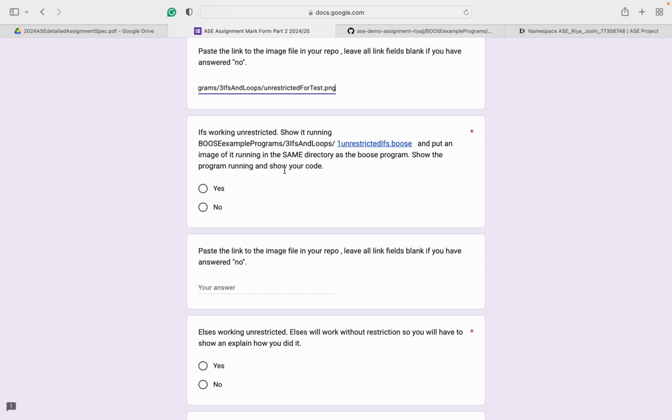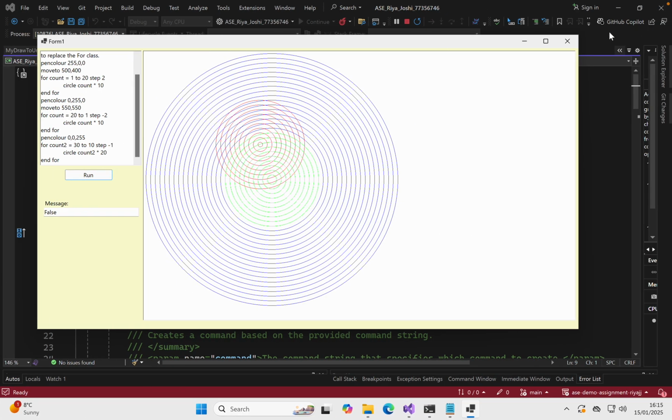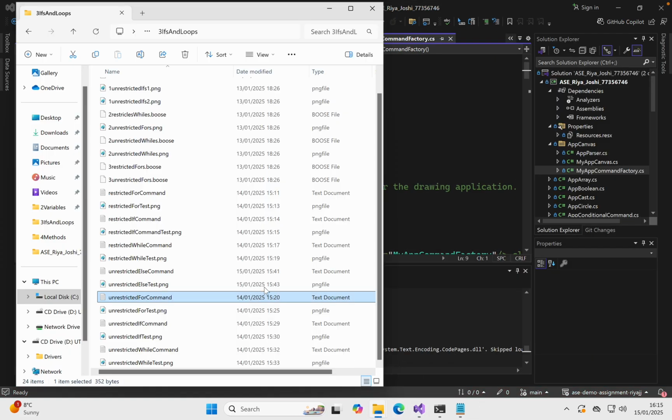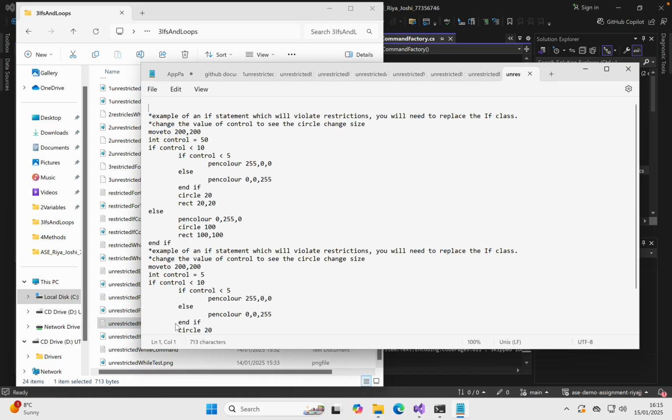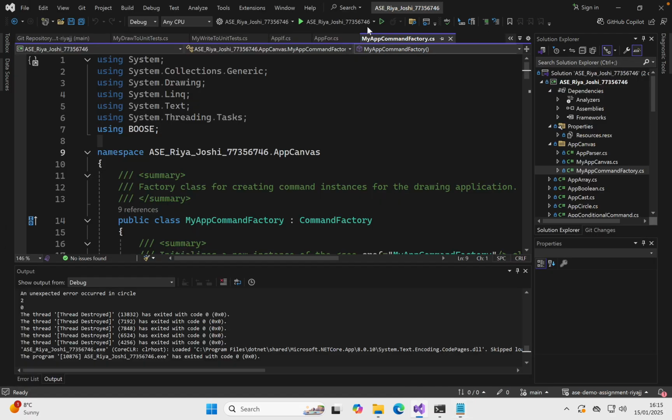So next is ifs working unrestricted. So for ifs unrestricted if command, we are just going to run this code as well.